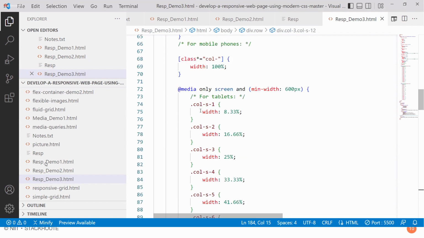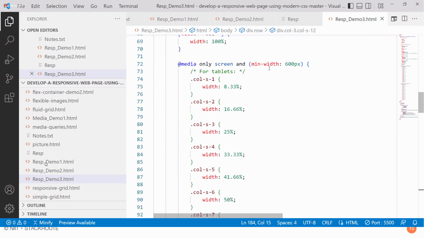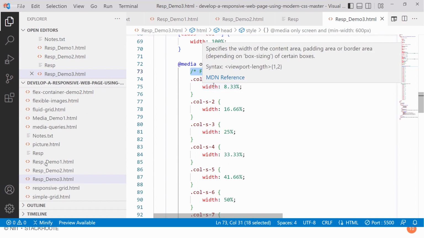By default, whenever you are using mobile devices, all the columns should be separated. I mean, it has to be subtracted with the width of whatever percentage we are providing. Based on that, column width will be subtracted. Media only screen and min-width 600 and above. Whenever you have 600 and above, probably for tablet, the first column